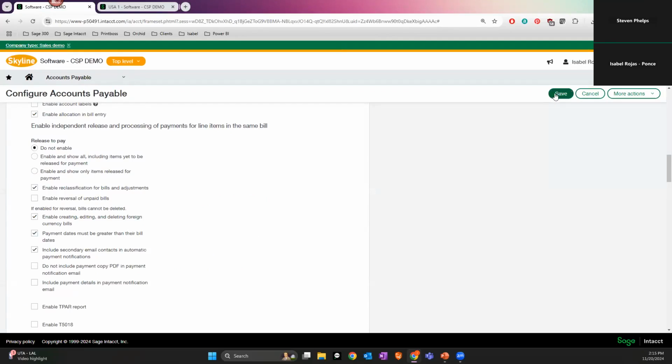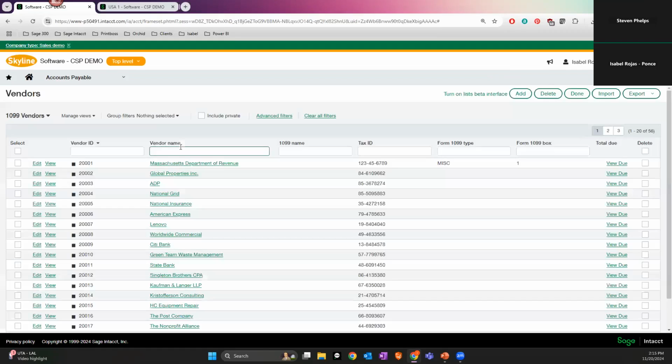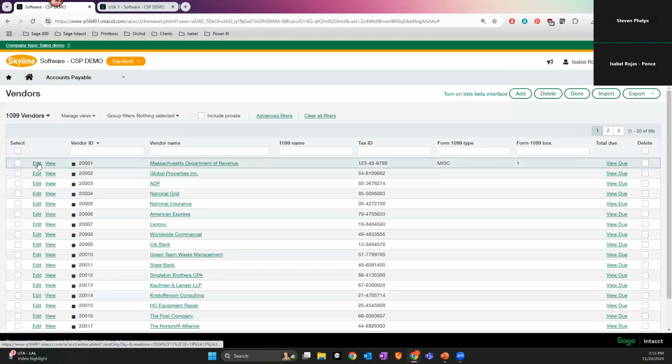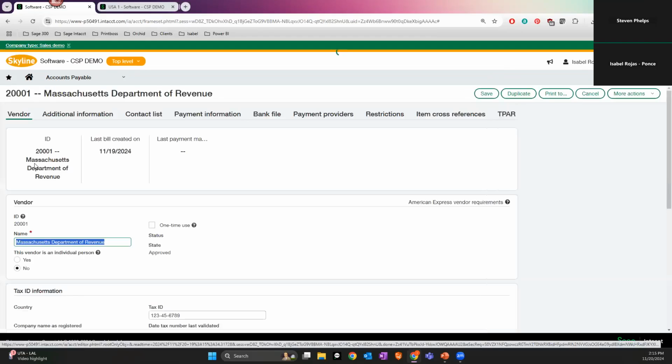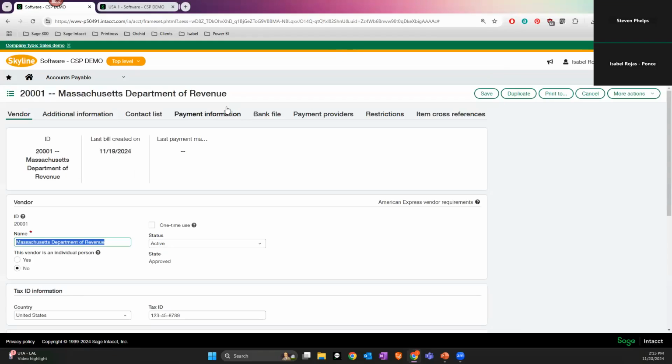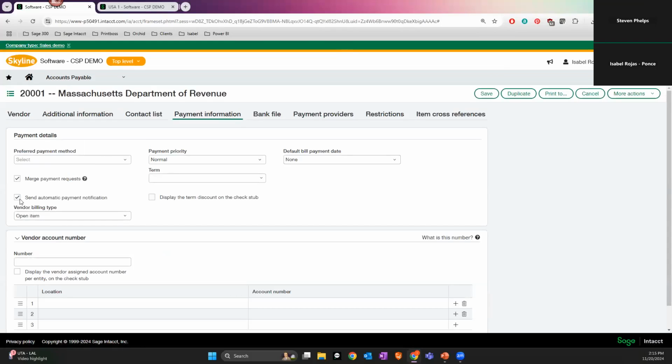Now there will not be any user role updates that you'll need to do. You'll just check that box and the functionality will now be available. The one thing you will need to do is, again, make sure that the vendor has been configured for email notification. So I'll just pick this very top one. And under the payment information tab, you'll want to make sure that the box for send automatic payment notifications is